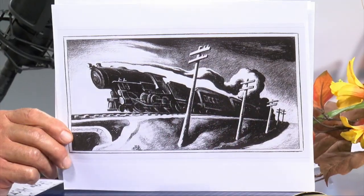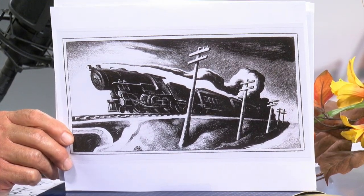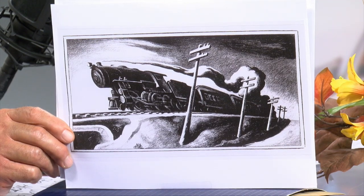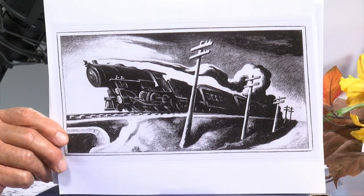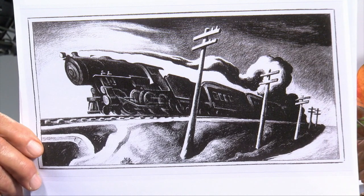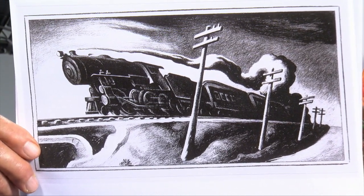That's right. I brought a couple of examples of the lithographs we have on display in an exhibit that's called Thomas Hart Benton, the Complete Editioned Lithographs. And Thomas Hart Benton, during his lifetime, made 87 lithographs that he published in editions. And you have all of them? We have all of them. We're one of the few public institutions that has all of them, and we're very proud of that, so we're